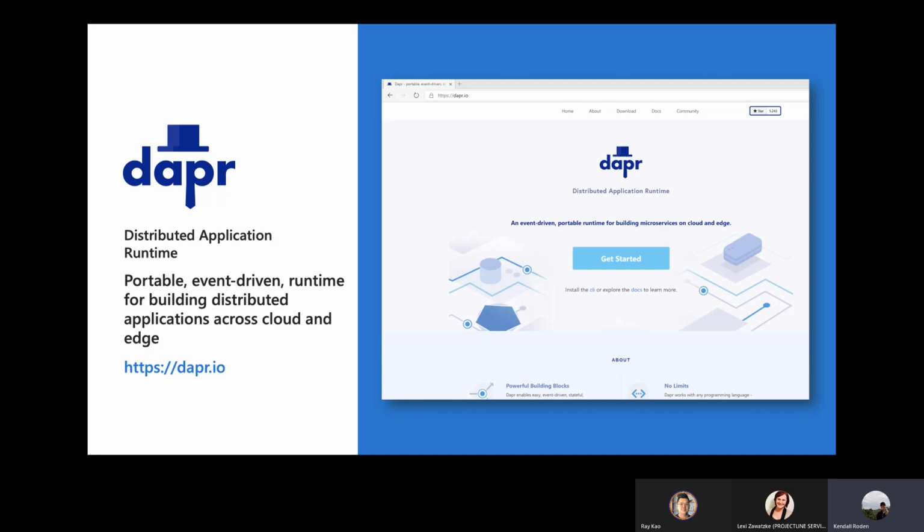So Dapr, if you're unfamiliar, is the distributed application runtime. Essentially, it's a portable event-driven runtime, making it easier for developers to build these resilient microservice-based applications, be they stateless or stateful, that can run in the cloud and on the edge. And I think the biggest thing here is Dapr is really trying to help developers and organizations take advantage of